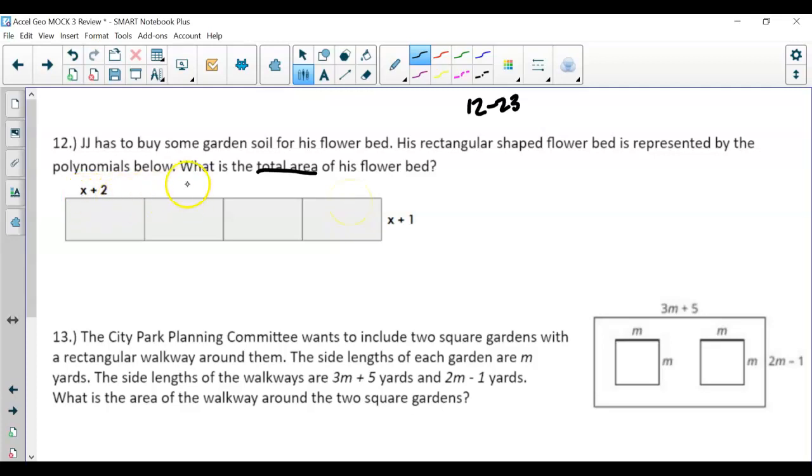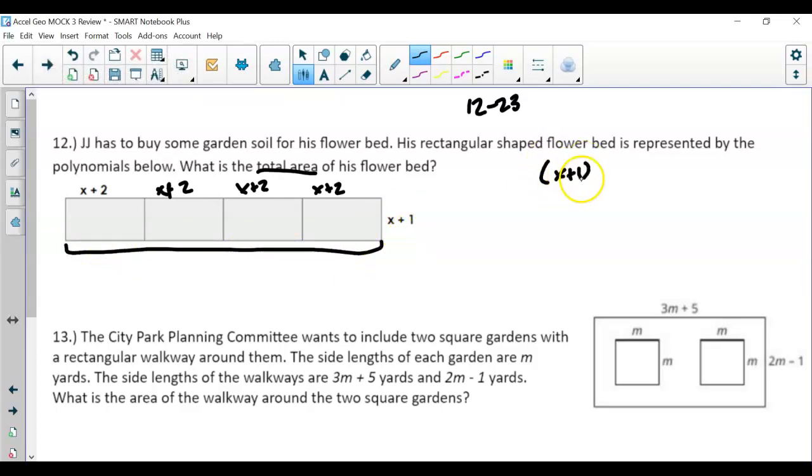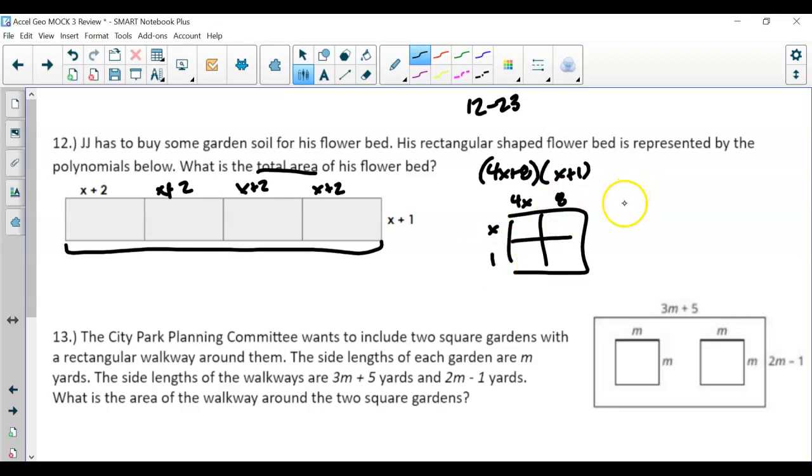Now we're not going to multiply x plus 1 by x plus 2, right? But we know that each of these pieces represents x plus 2. So really, what we are multiplying in terms of this width here by x plus 1 is 4x plus 8. Now we're just going to multiply. You can FOIL or you can set up that box method and multiply. So here, when multiplying and combining like terms, that's how you end up with the area of